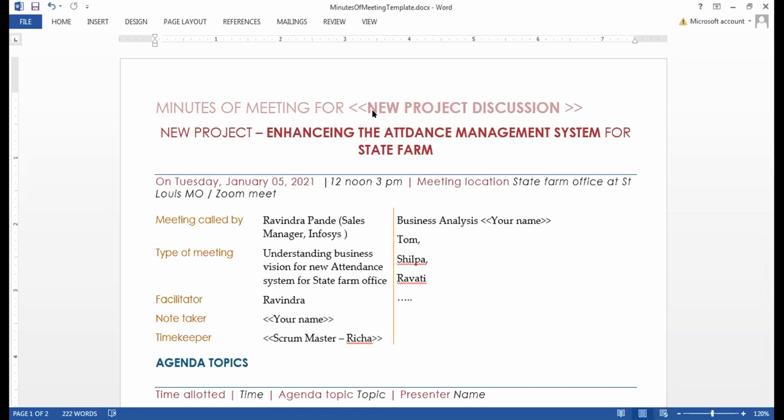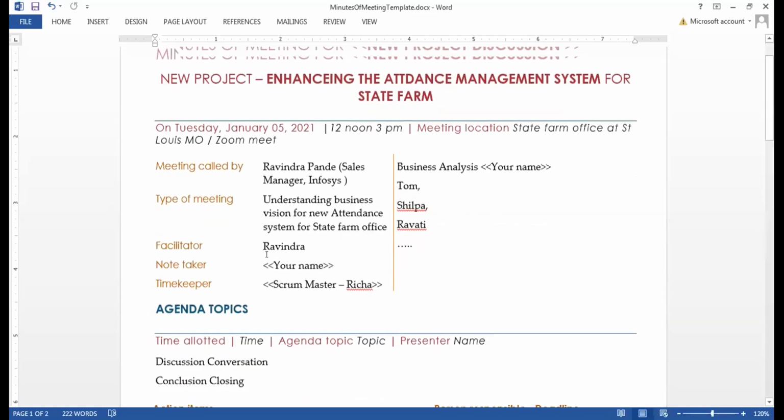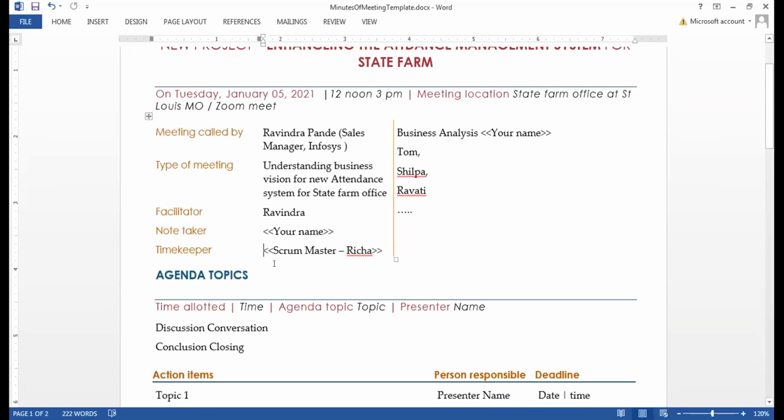And on Tuesday, January 5, 2021, these are the time and location. You can meet via Zoom, Google Meet, with this ID, that ID, and all those things. Meeting called by so and so forth. Analyst, then who are all the attendees of the meeting, who is the facilitator, who was the note taker, and the Scrum Master, who is the person who normally presides in each and every meeting from the Infosys side. I will come to Scrum Master afterwards. So there'll be a name of a person.